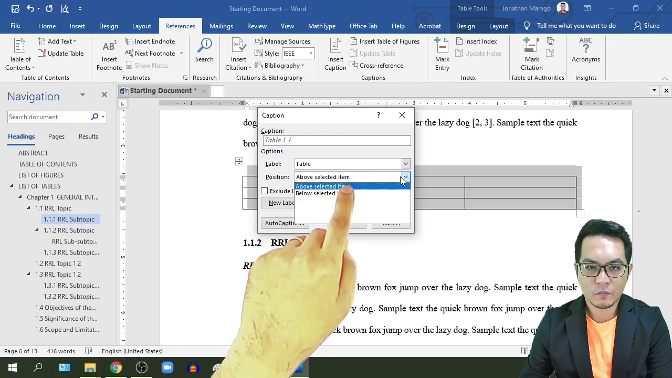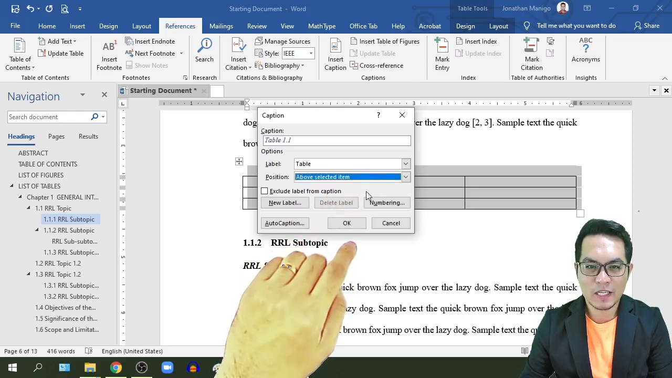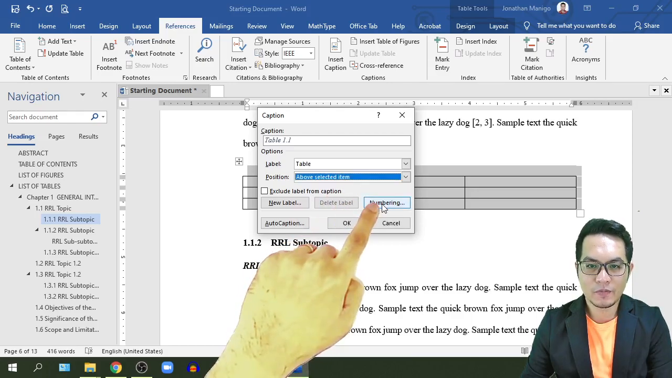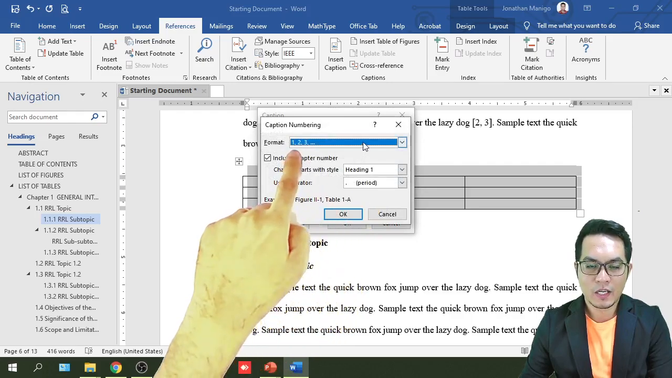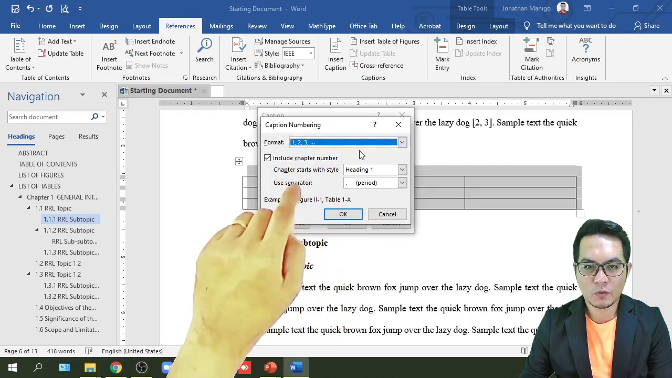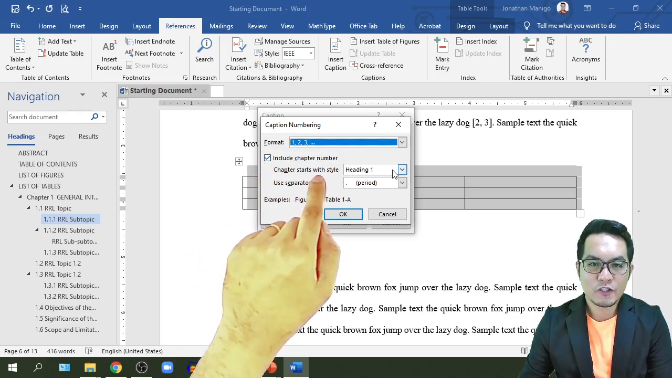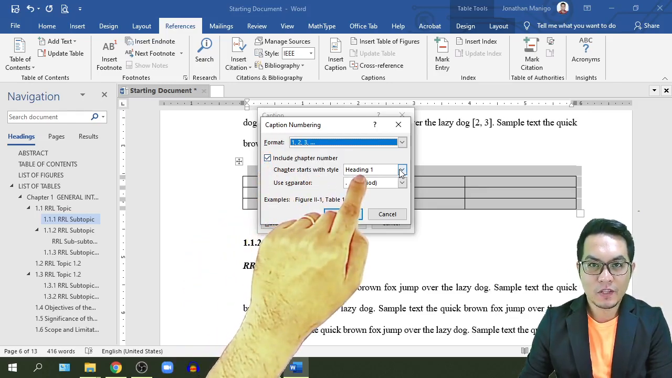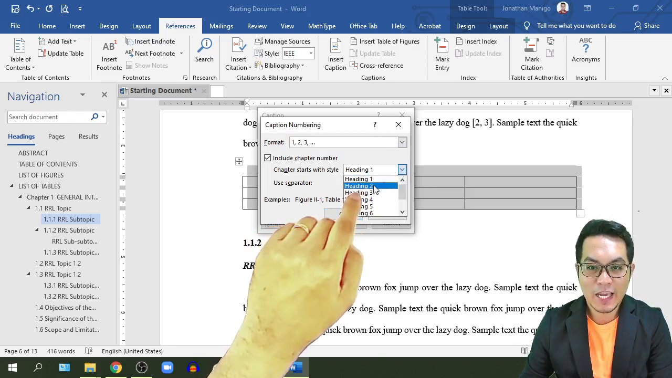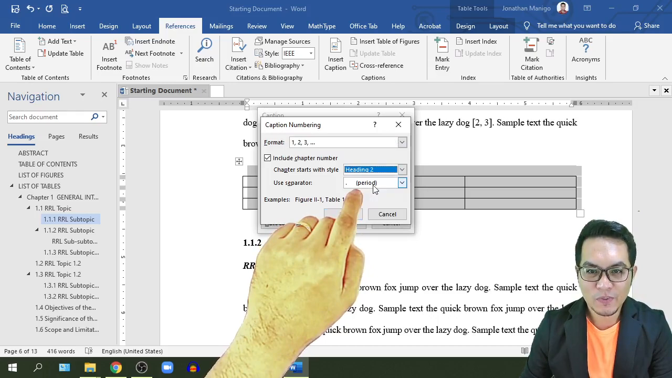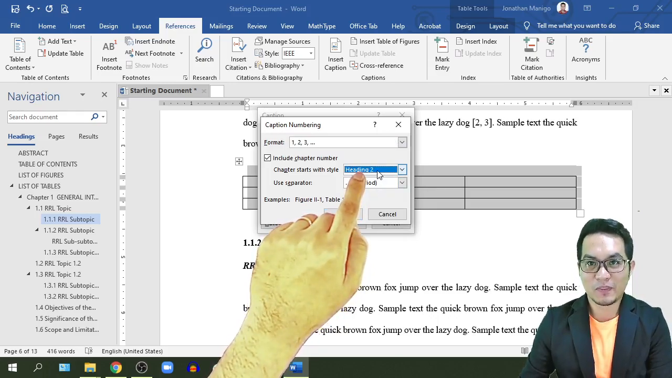So just click that one above selected items, and then numbering. The numbering format is 1, 2, 3. Include chapter number, and chapter starts with heading. So our chapter heading is actually heading number 2. So you need to click that one, because if you don't click that one,